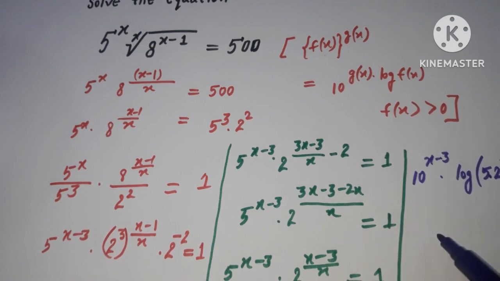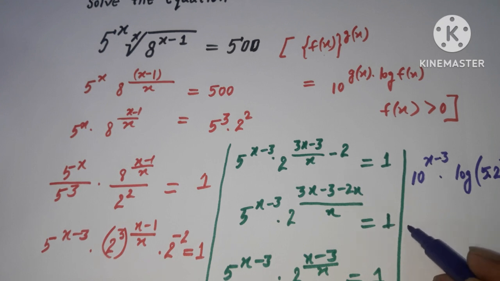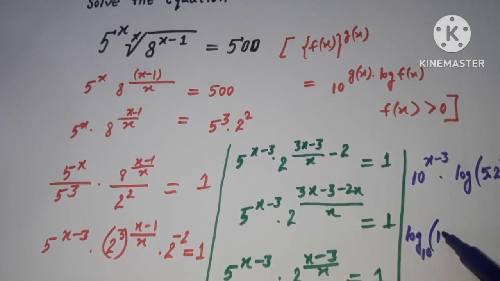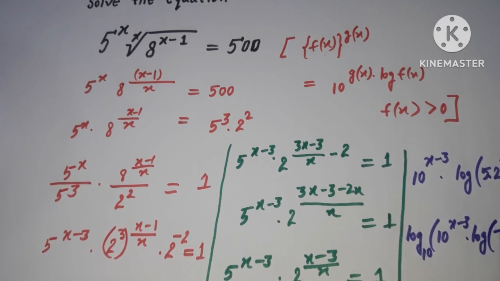And this one by taking log on both sides, the log of base 10, we get 10 to the power (x minus 3) into log of (5 times 2 to the power 1 upon x)